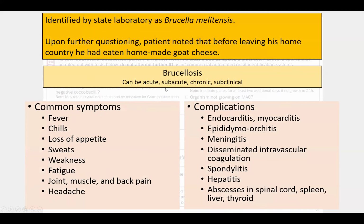And what makes it even more difficult is that sometimes it's very acute, sometimes it's asymptomatic, and it can be everywhere in between. So you can have people with low levels of these symptoms who go on for months and months and not really realize that they have anything infectious wrong. That may have been what happened in this case, because then you look over here at these complications, and lo and behold,